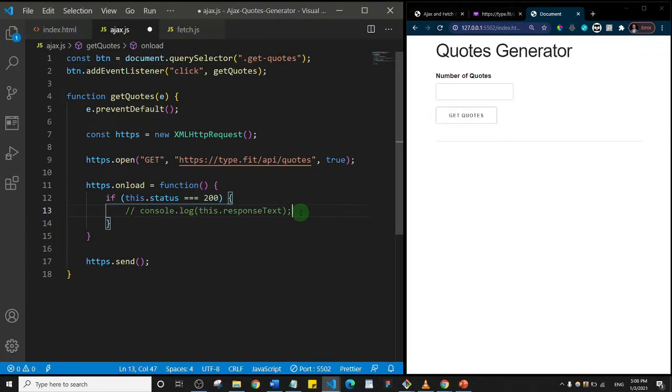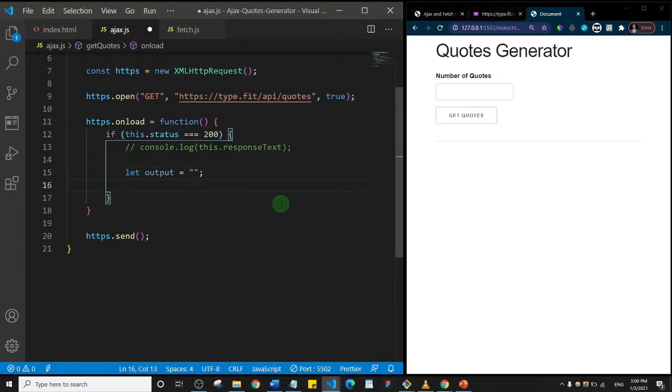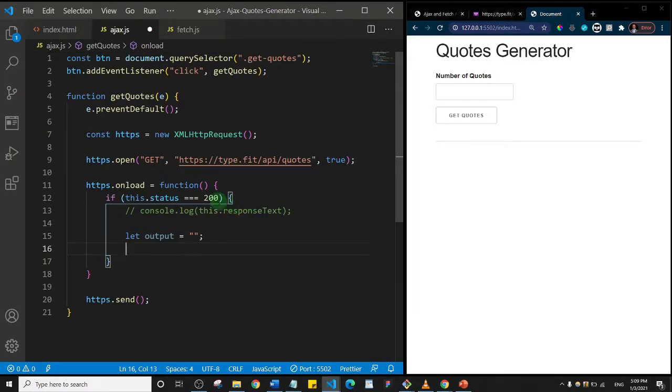And remember, what I'm going to do is first create the output variable. So output, and it's going to be an empty string, just like we did in the last video, in the last example. And then we're going to loop through the data, but I think what I should do right now is